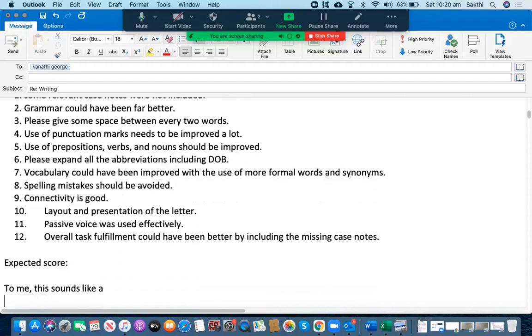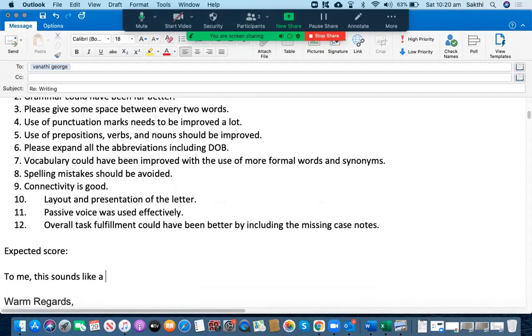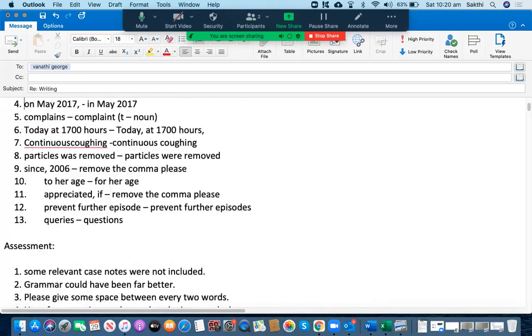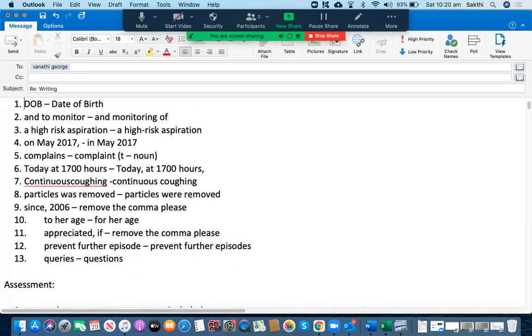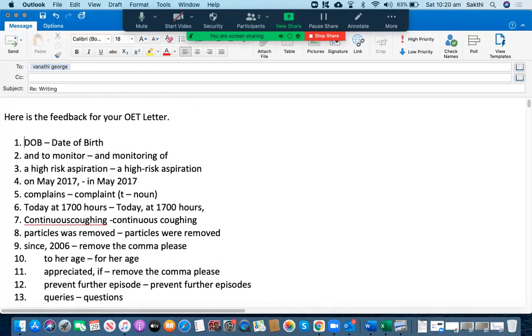Okay, according to me, looking at the inclusion of the case notes, as you have missed a few things, all these things actually make your letter not able to reach 300 with this one. I mean, I'm fully convinced to give you only 280 because of those issues. If you could have added maybe those relevant case notes, and then if you could have rectified maybe a few mistakes from here, you could have been able to get 300 easily. Okay,